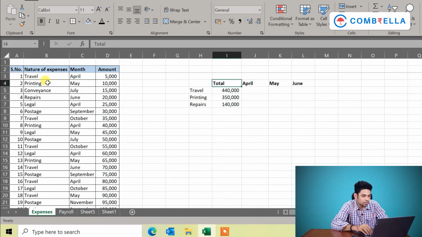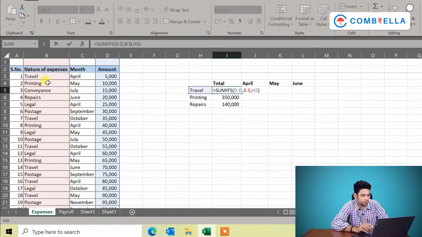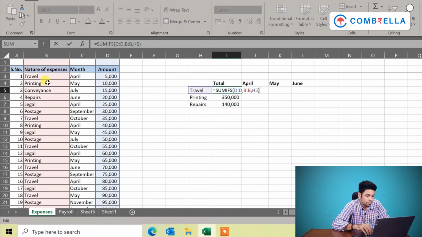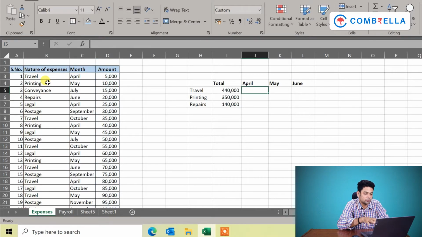So friends, here I have given only one criteria, but in SUMIFS you can give more than one criteria also. Let me now show you with an example how to give more than one criteria. Assuming now you want a total of traveling expenses in the month of April.